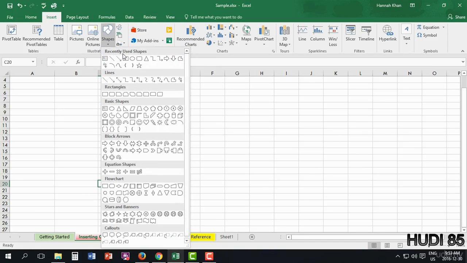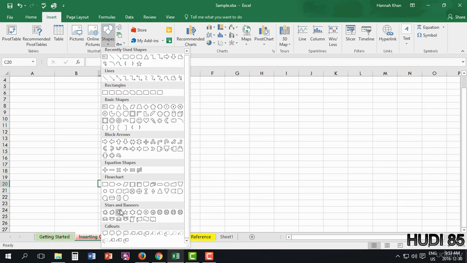So you have your recently used shapes, you have your lines, you have rectangles, you have basic shapes, block arrows, equation symbols, or shapes, sorry. You have flowcharts, stars and banners, as well as callouts. So to input these shapes into Excel,